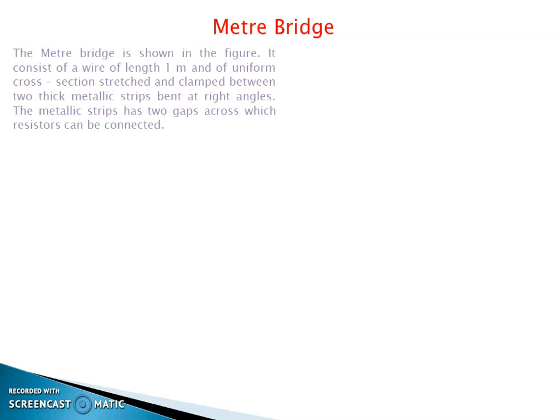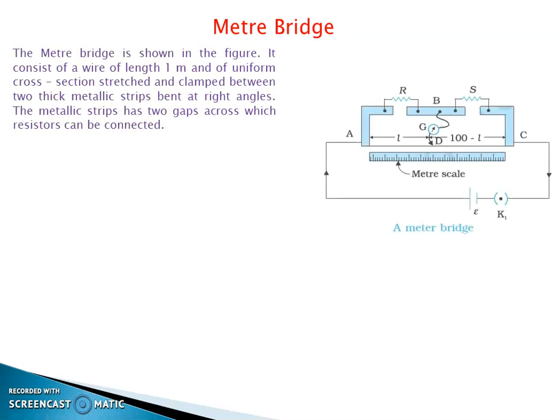Now this is the meter bridge. This is an instrument which is used to find the unknown resistance, right? This is a wooden board, consisting of a scale and a wire of alloy, any wire of alloy. It may be nichrome, it may be constantan, and it may be manganin. The length of the wire is 1 meter. That's why it is known as meter bridge, right? So 1 meter wire is there, made of alloy.